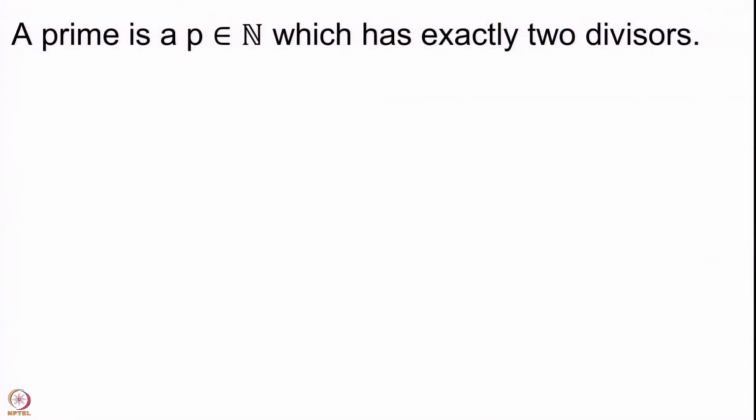Okay. Now brace yourself, we are coming to the most important definition in the basic theory of numbers, which is as follows. This is the definition of a prime. Really, the English word prime has a very good meaning. It is something which is in the best of its situations, and a prime number is really the best thing that you can have in number theory. So what is a prime?